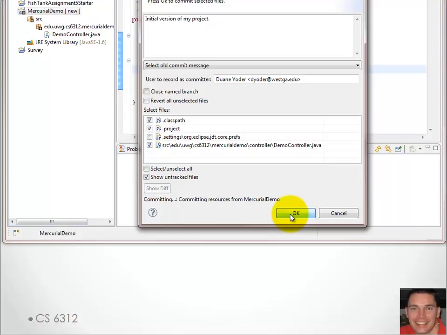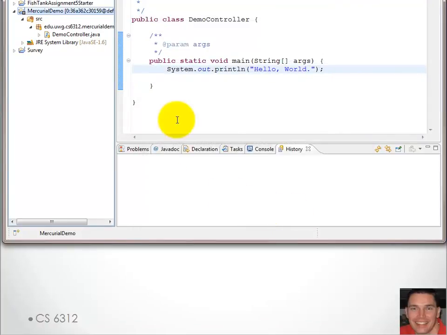Then I'll click OK. When I do that, notice here we're going to get some changes in our icons. We get this little gold rectangle, which means that the current version of this file in your working set is identical to that which was in your repository. Notice here that we do have a star. What that means is there's a file here that is not within our repository, and that's because we didn't check in